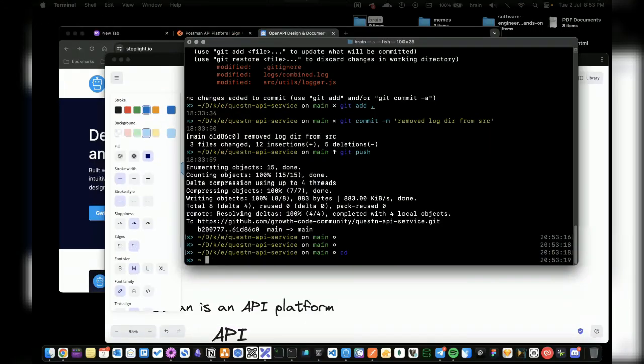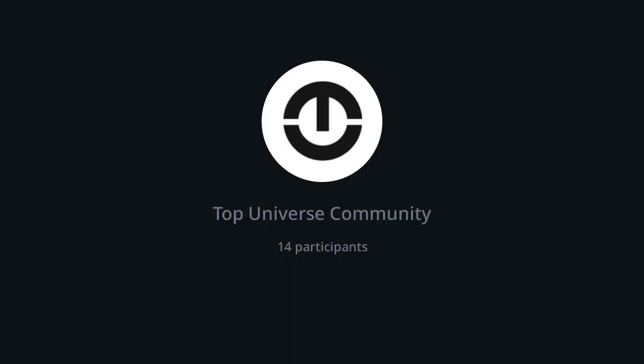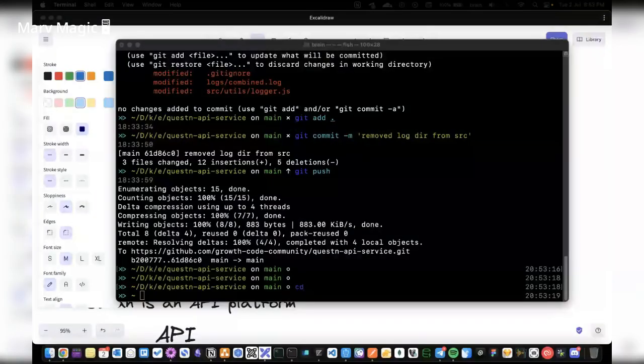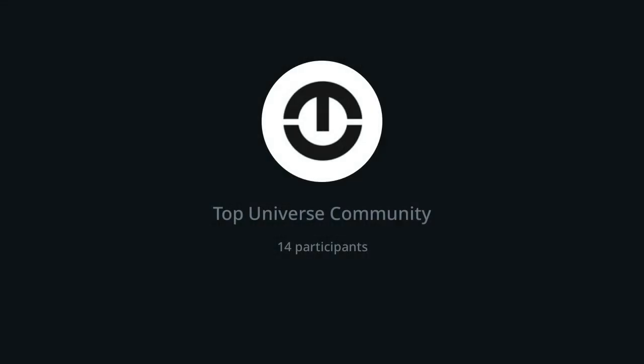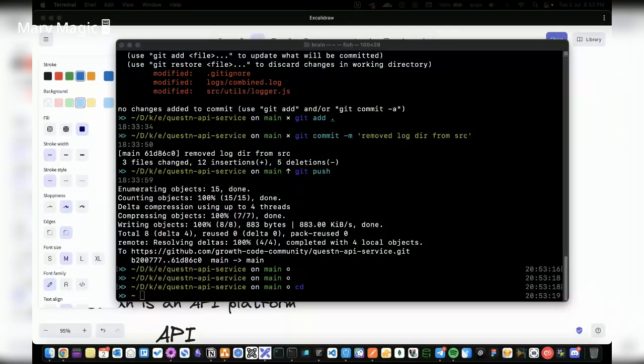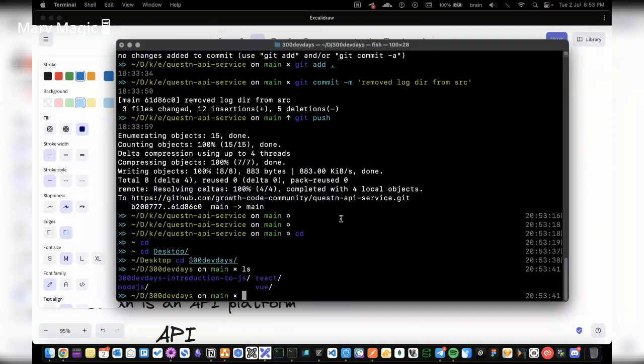So what I'm going to do on one side is try to create a boilerplate for myself real quick. So let's just say it's going to be an Express.js application. Let me go ahead and go to the desktop. I think I have a folder called 300 dev days, and within Node.js, or I can simply say API development class.